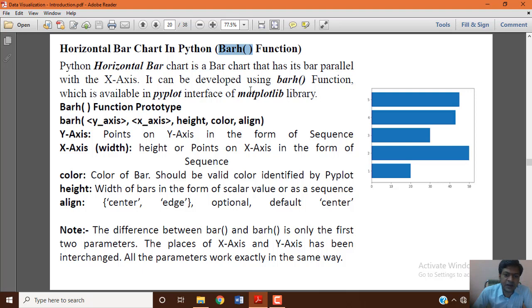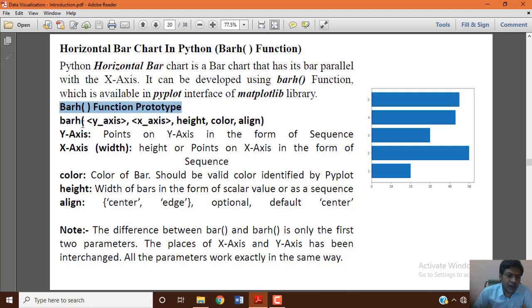It can be developed using the barh function, which is available in the pyplot interface of the matplotlib library module. You can see the prototype of this particular function, barh.